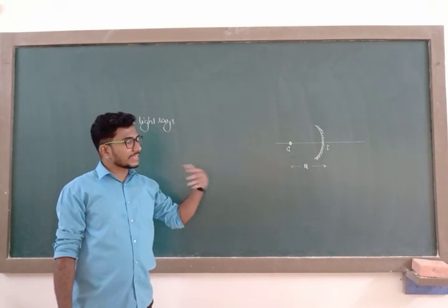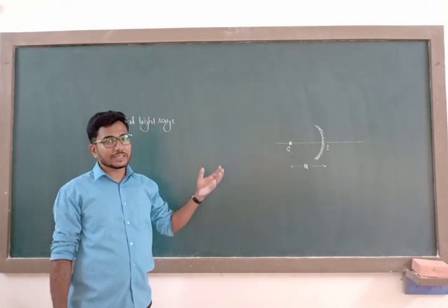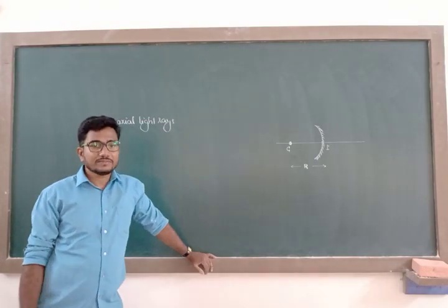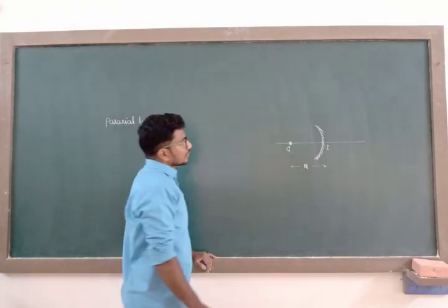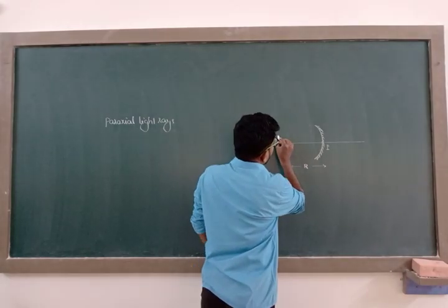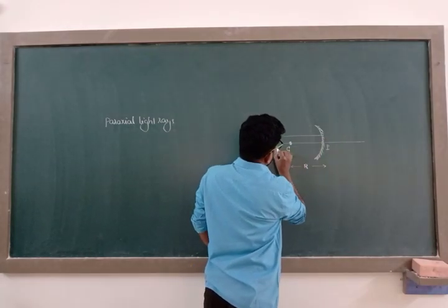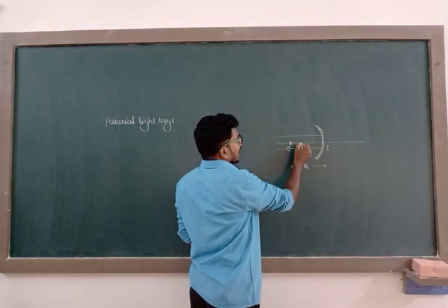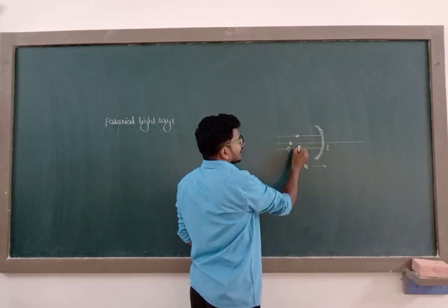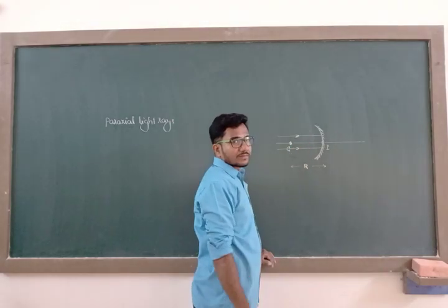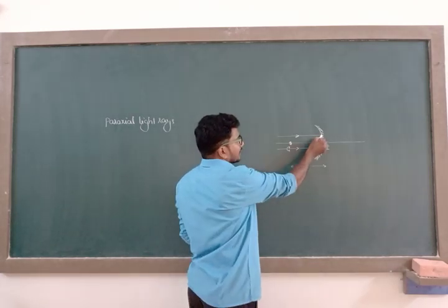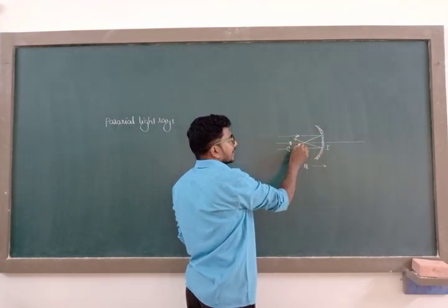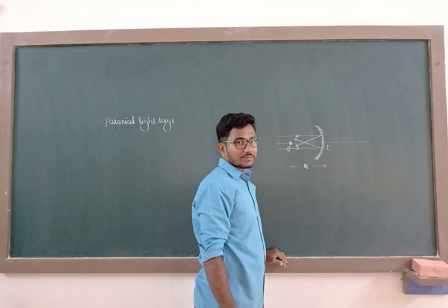Next, while deriving the equations, if I plot the parallel light beam, that is understood to be paraxial light rays. So here one light ray parallel, another light ray parallel to the principal axis. These two light rays are parallel and close to the principal axis. Direction of incident light rays. After reflection, they are going to meet at a point on the principal axis. Direction of reflected light rays.